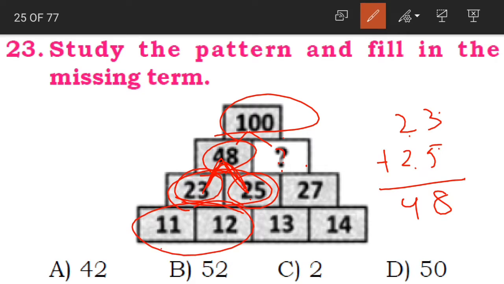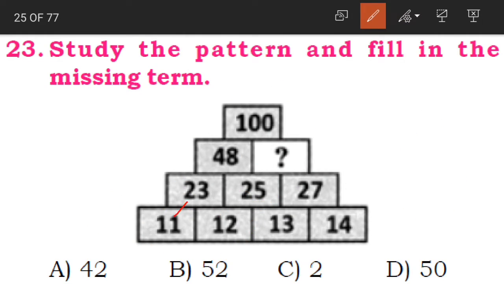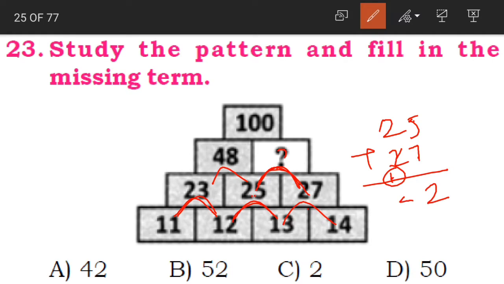When we add these two numbers, then we'll get the above number. Here also see, 11 plus 12. 1 plus 2, 3. 1 plus 1, 2. 11 plus 12 becomes 23. Yes, the same. When we add the below two numbers we will get the upper number. In the same way, by adding 12 and 23 we will get 25. 13 plus 14, 27. Now how to find out this number? When we add these two numbers, we will get this: 25 plus 27. 5 plus 7, 12. 2 plus 2, 4. 4 plus 1, 5.